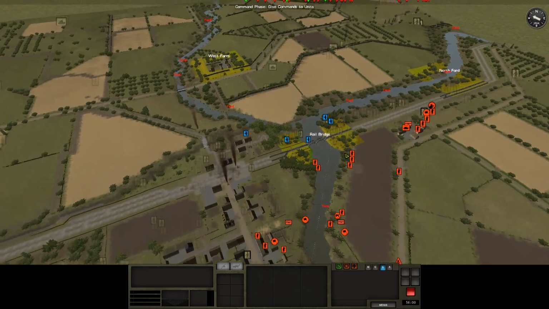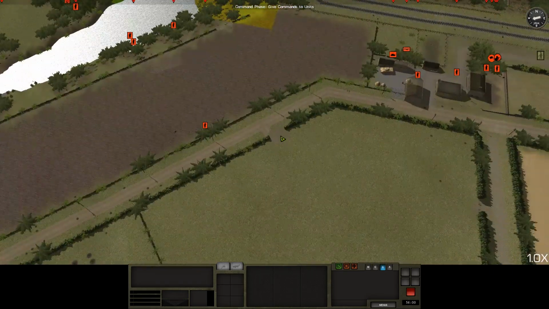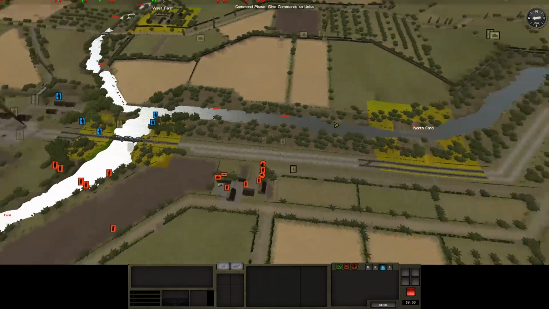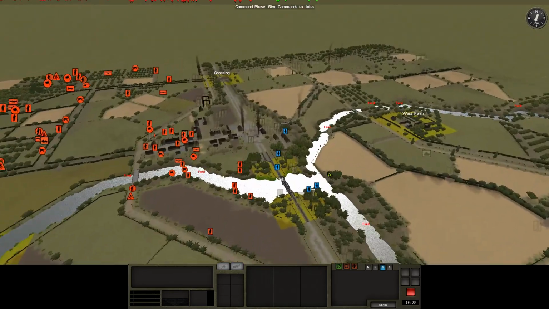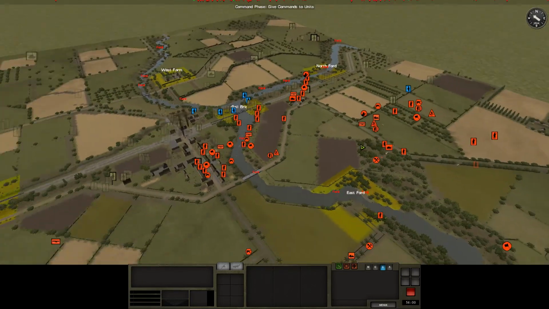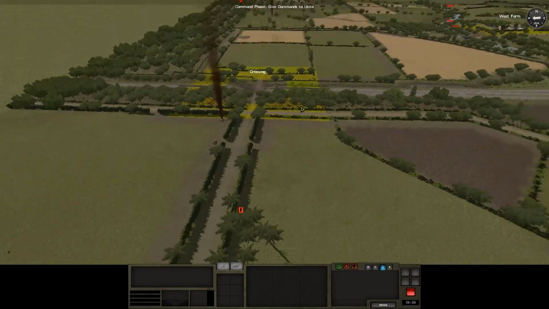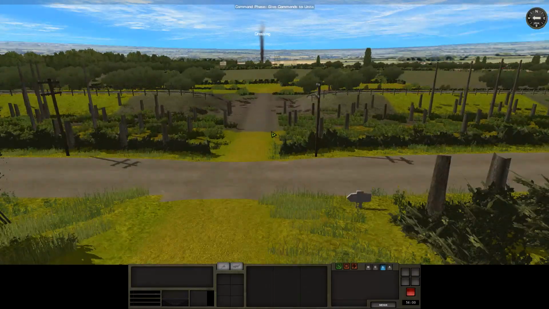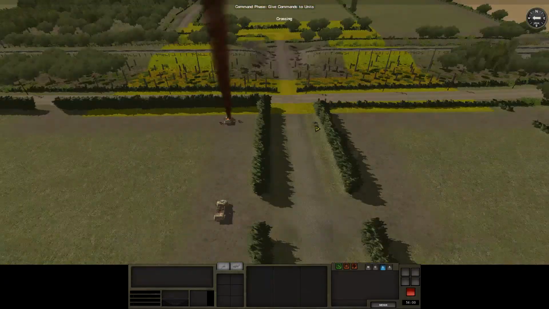So, like I say, we're closing in on the rail bridge objective. Originally the plan was to force my way down here into the rail objective and then go along here through the woods to occupy the North Ford as well. How smart that's going to be, I don't know. I am kind of looking and thinking about pushing into the